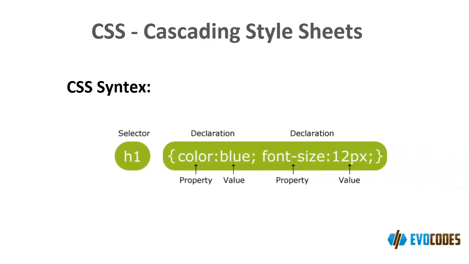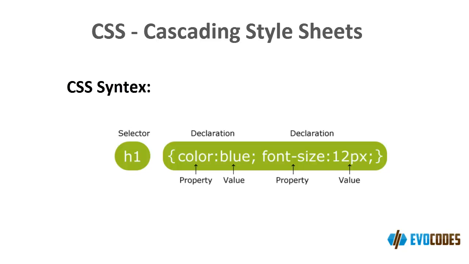So what is the syntax of CSS? The most important thing is the selector. It is the first thing that you need to define. Selector is the thing which is used the most. Secondly, we need to make use of curly brackets in which we do declaration related to the selector. There are two important things forming the part of declaration, which are the property and the value of the property.